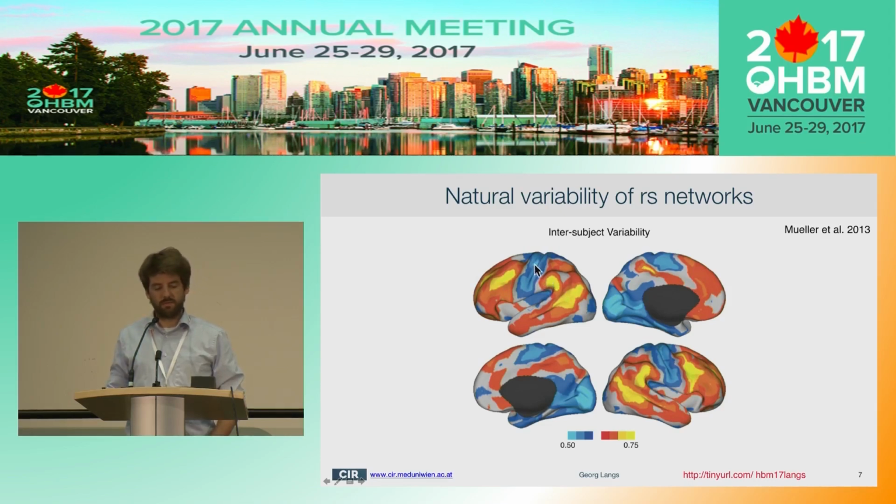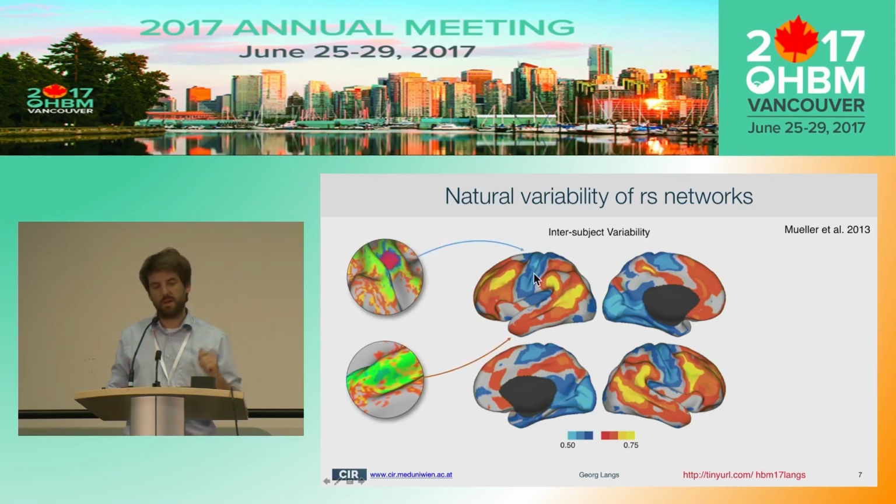If you look at this map, the blue regions show regions where there is very little variability, and the red and orange regions show regions where there is a lot of variability across individuals. You see that the primary regions like motor and vision have very little variability, and the other regions have a lot of variability. And when you think back to the last slide about how consistent functional activation localization results are across individuals,